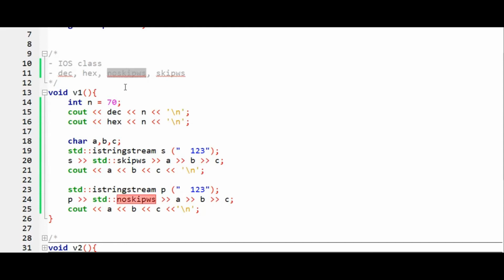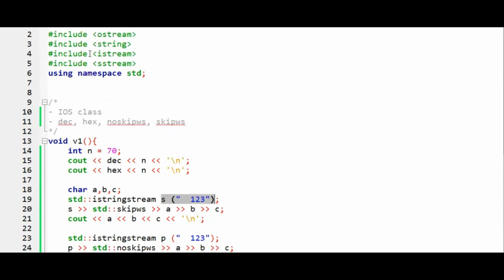Let's talk about noskipws. Let's say there are some spaces, how many spaces have we used: one, two, and at the third place we have one. We are saying don't skip any space. In the standard namespace you can create this object to create a string, so for that you have to use the sstream header file.